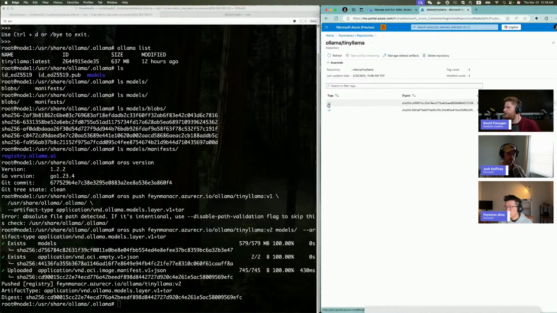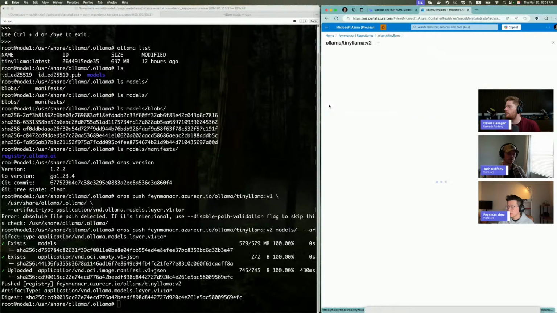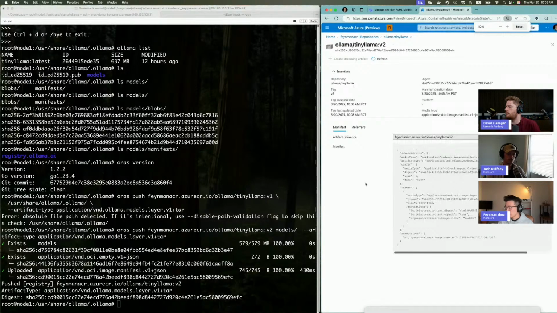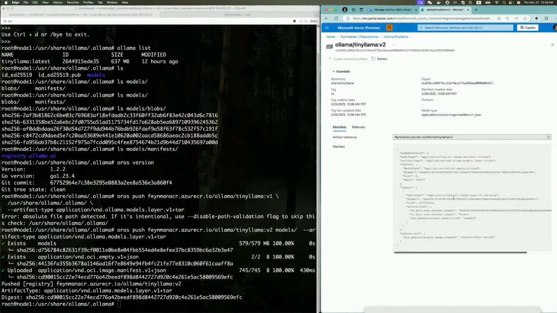And if you're looking at the tags, v2 is the tag that we just pushed to the OCI registry. So if we zoom in and look at the layers, you will find there's a specific layer to store the AI model. That is